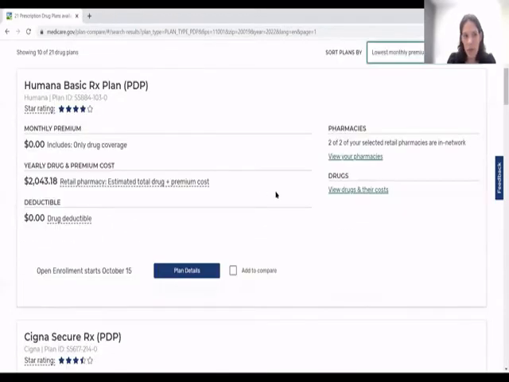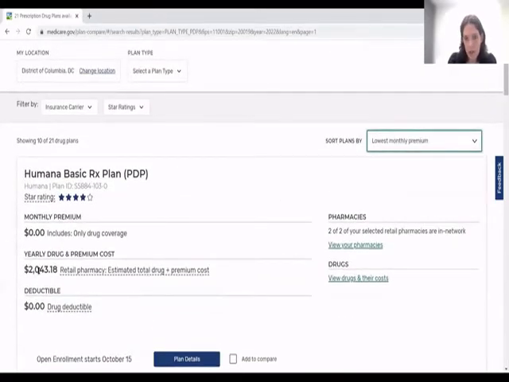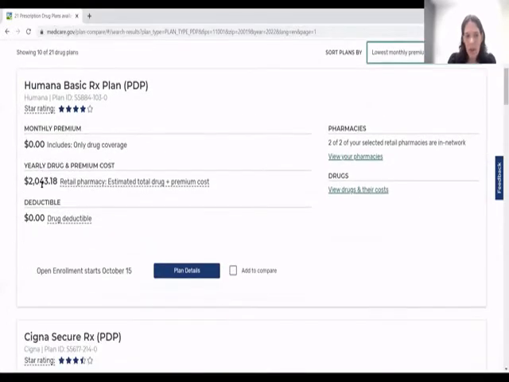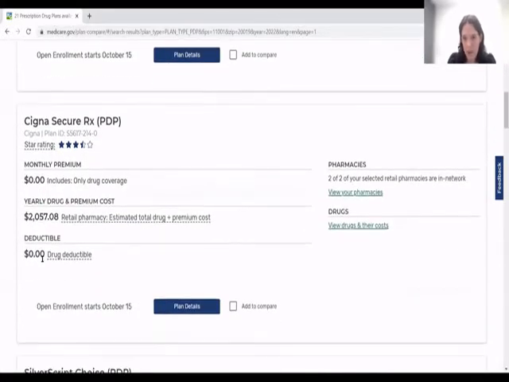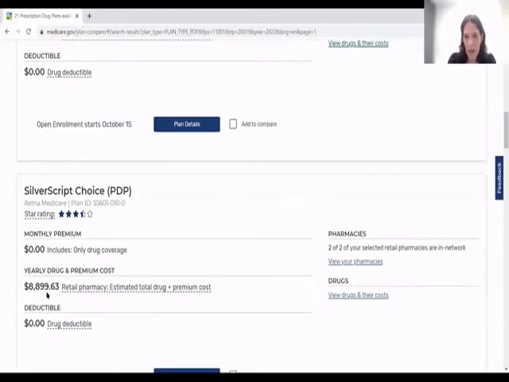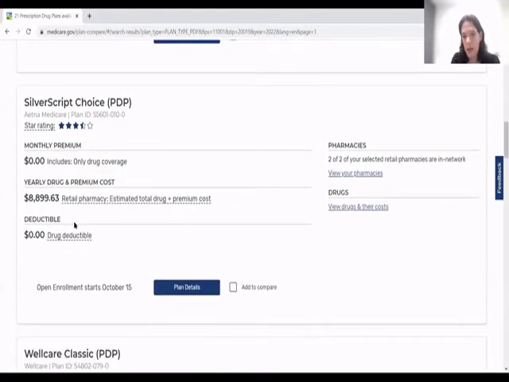I'm also seeing that all of these plans seem to have very, very high costs in the thousands of dollars. When I see something like this, it's an indicator to me that there may be an issue with one of the medications and not necessarily an issue with a particular plan. So if I click on the plan details for SilverScript,